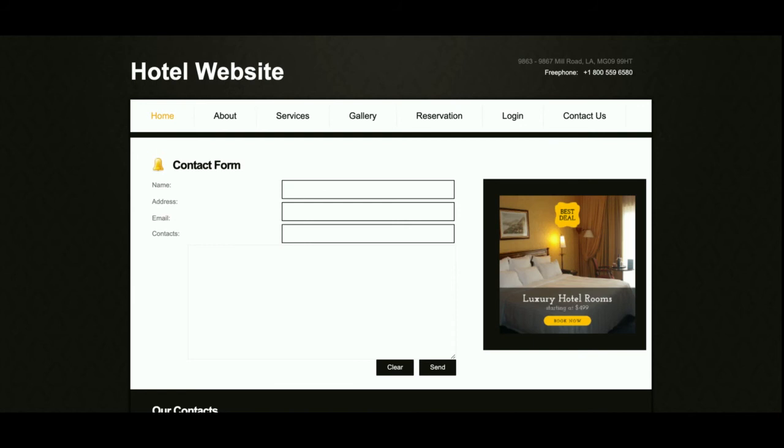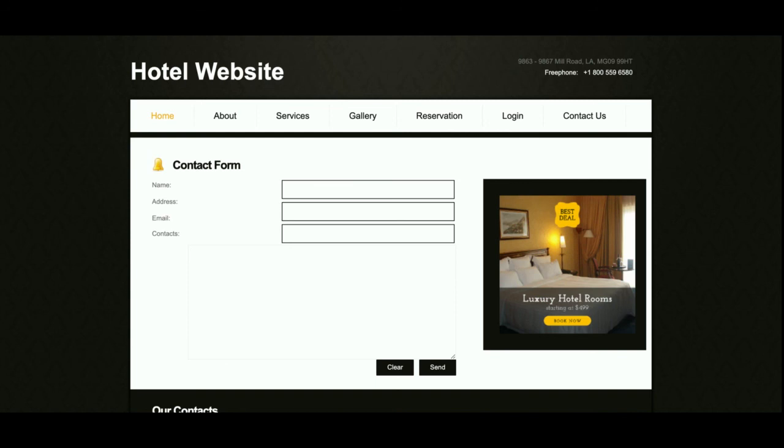All of the pages I have shown you are totally static pages, coming directly from the HTML. If you want to change the content, open the HTML page and change the content, and it will be rendered here. These are all seven pages I have developed inside this hotel website project. If you want to change the content or images, you can go directly to the HTML pages and just replace the images inside the images folder. These are all the functionalities I have developed.